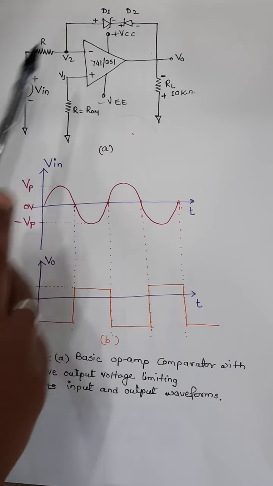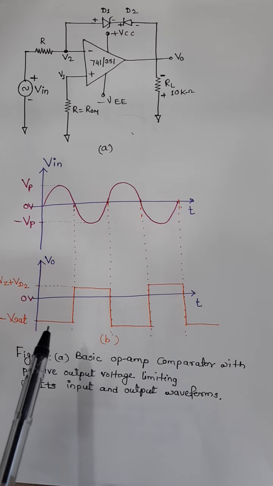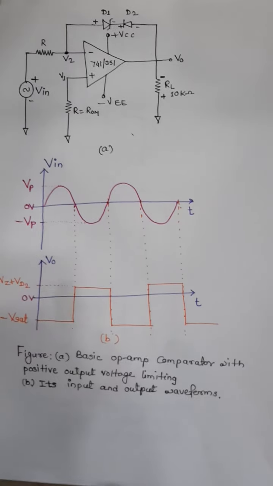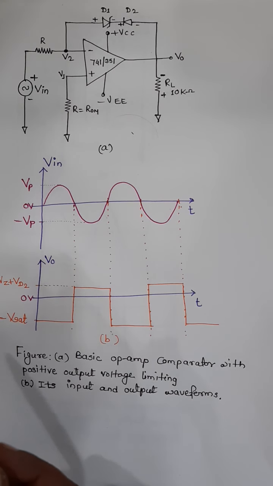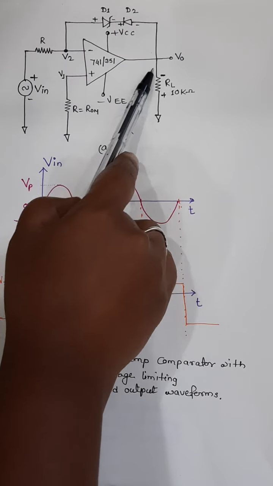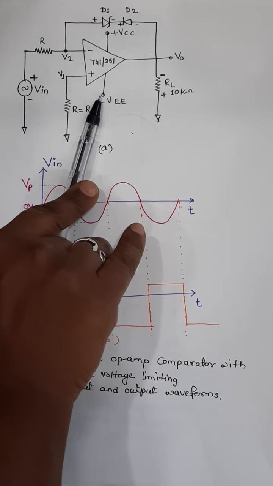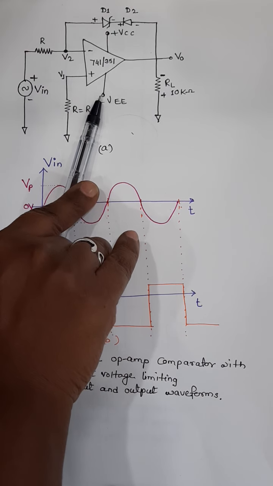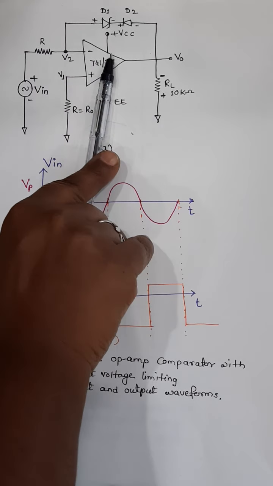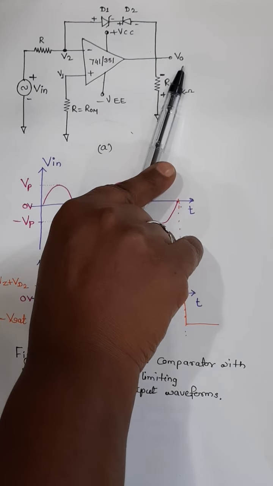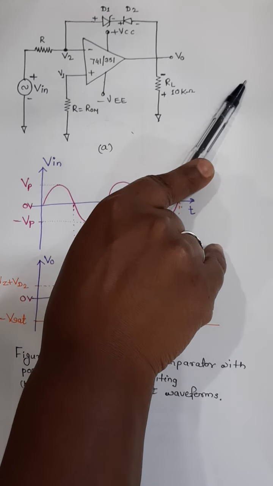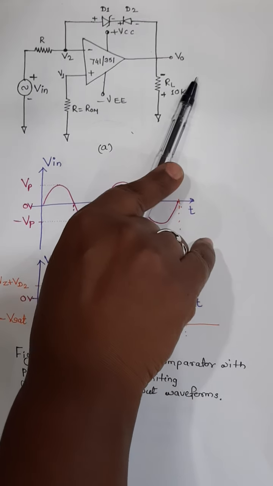So in reverse bias conditions, the diode will not conduct any signal. So this feedback path will remain open. It does not get closed. So if this D2 is in reverse bias, there is no feedback for this op-amp. So the op-amp will act as a comparator circuit, or it is in open loop configuration. So whenever the op-amp is in open loop configuration, its output goes into the saturation. So depending on the input value, its output will be there.